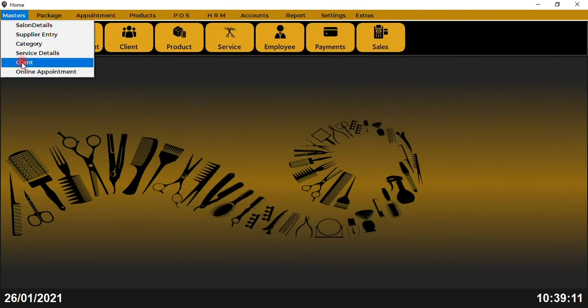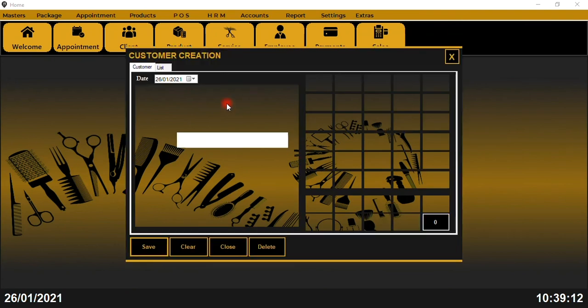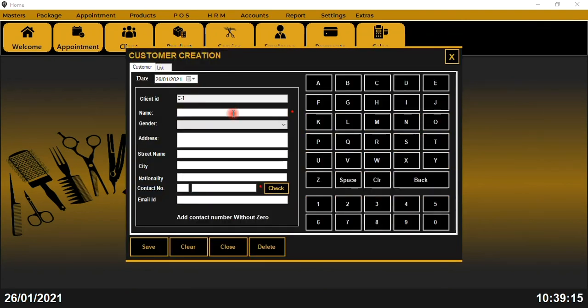Then now I'll go to the client. You go to the masters, where this is basically to record the client's full portfolio, right? Here, for example, Mr. John is there. He came for a haircut. I've just made John male. He's in haircut. Address, if he's giving, well and good. Write it down. City and everything. Otherwise, only number and name is even enough to save it.